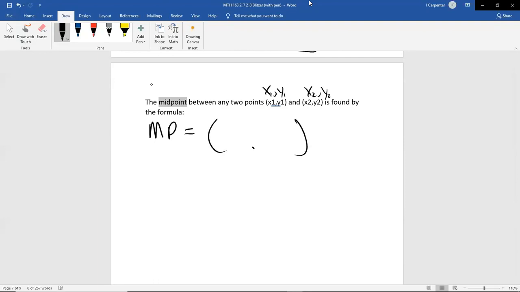Now it's a midpoint, so it's a point. This is going to be some x and y value. So each of these has their own little formula, but they're the same idea. We're averaging things. We add up a bunch of things and divide by the number of things. So it's going to be adding and dividing. So this is an x coordinate, so we average the x values, which is x1 plus x2. There are 2 of them, so guess what? We divide by 2. Same exact thing for the y's. We're averaging the y's, so we add them. There's 2 of them, so we divide by 2.